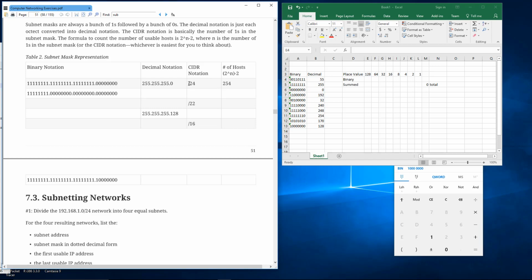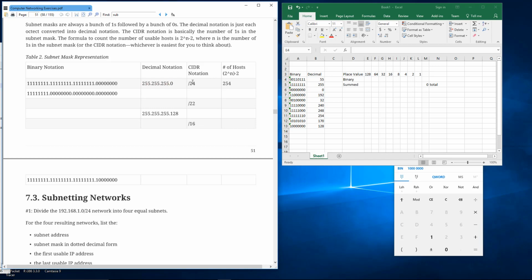You could use either notation and someone with enough networking knowledge would know what you're talking about. They're not going to wonder what you mean when you say, I'll put it on the /24 network. It means the network with a subnet mask of